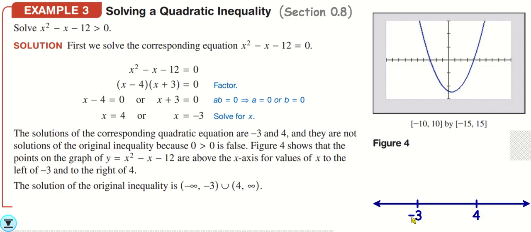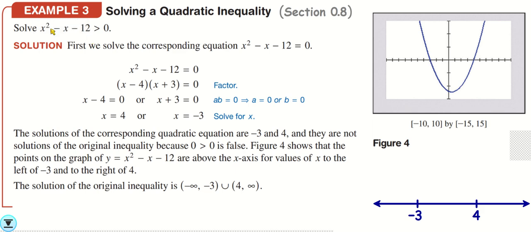So -3 and +4, that's when it's equal to 0. So here's what we do. This is basically breaking up the number line into 3 pieces. We have this piece over here, this chunk in between, and this chunk here. And basically all you do with this number line analysis is you pick a random number, like -5, any number you want on this part of the number line, and you test it. So if you were to plug in